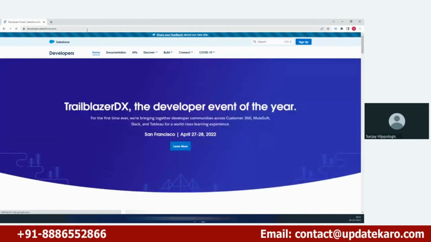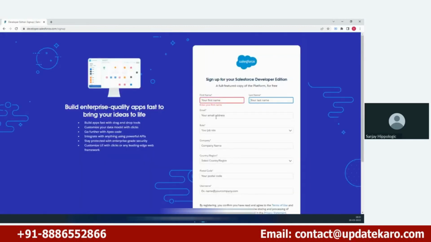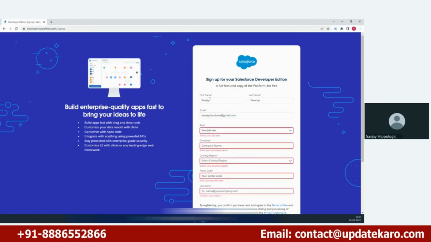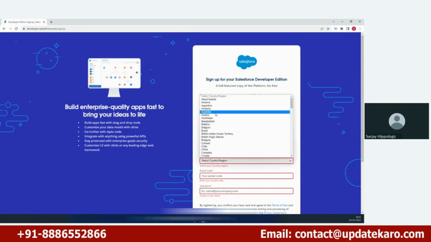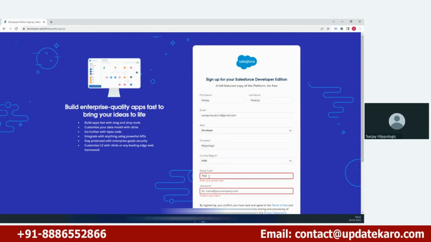Okay, so you go to developer.salesforce.com, and here you can sign up. You fill in your first name, last name, your email address. So let me say I write it like this: Sanjay Swaroop, SanjayCloudCRM@gmail.com. My job role, okay, and my company is Hippologic, and my country is India. My postal code